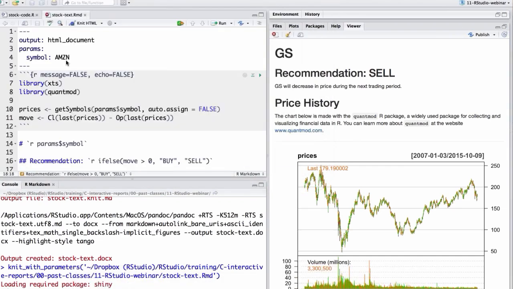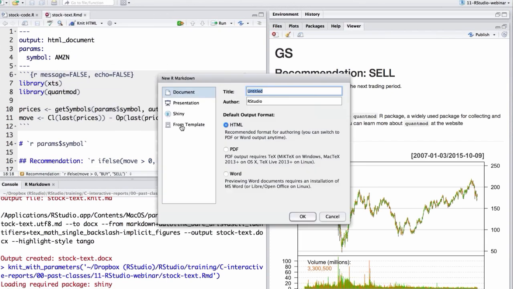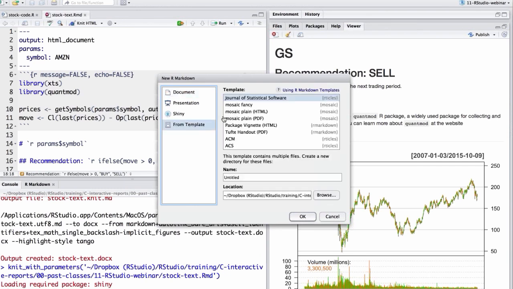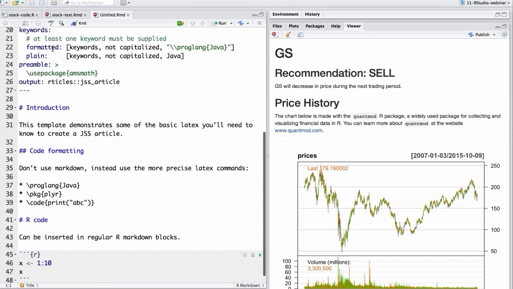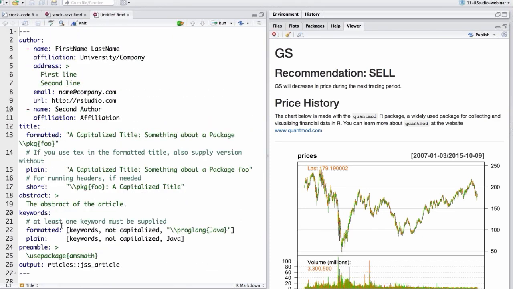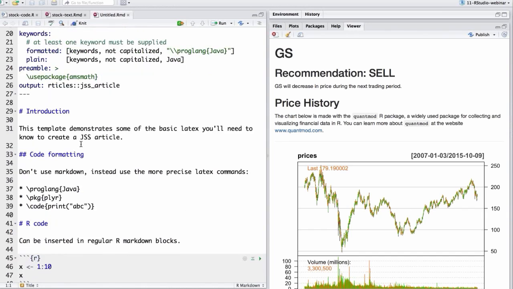Let's see. I have some templates set up, so I can show you an example of this. If you go to a new file, R Markdown, one of your options here, instead of filling your file with a generic template that tells you a little bit about R Markdown, you could fill it with a template that's designed to do something helpful. For example, this first template here, Journal of Statistical Software, it's an R Markdown file, but this time the template is set up with information that's primarily style information in my YAML header here. And some text here that I might want to reuse that would help me create a submission to the Journal of Statistical Software. I could add all the interesting academic article I want in there, and when I knit it,